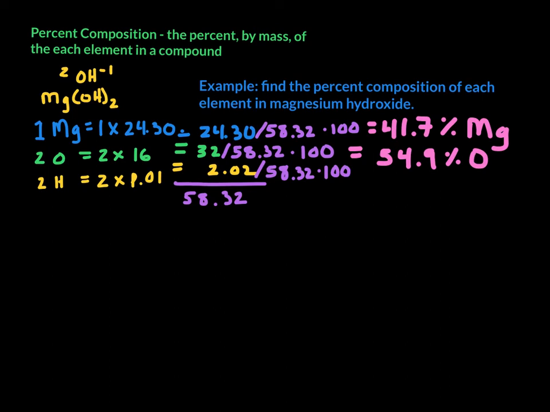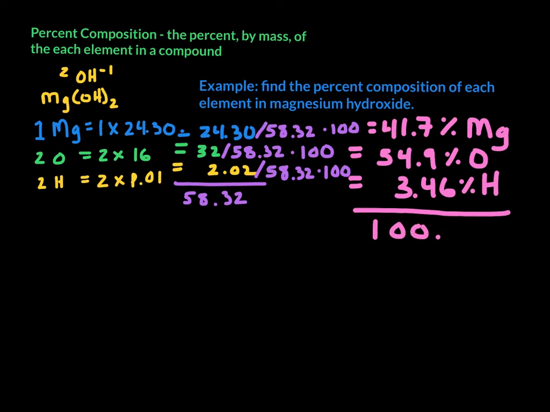And finally, for hydrogen, we take the 2.02 divided by 58.32 times 100, and we're going to get 3.46% hydrogen. Now if we add all of this up, we get a total of